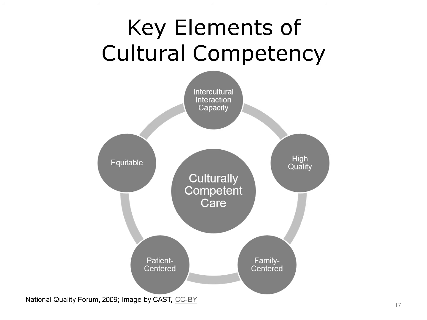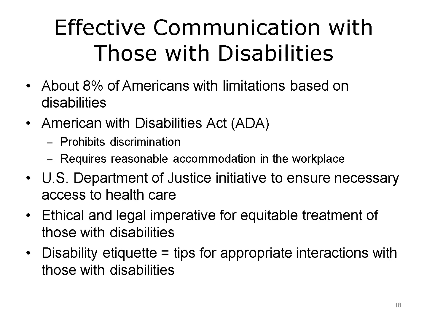As of 2014, the Cornell University Yang-Tan Institute reports that more than 8% of the population from ages 18 to 64 reported a work limitation based on a disability. Examples include limitations on mobility, vision, or hearing. Note that the 1990 Americans with Disabilities Act, or ADA, prohibits discrimination against individuals with disabilities. Title I of ADA specifically bars discrimination against those who may require a reasonable accommodation in the workplace.